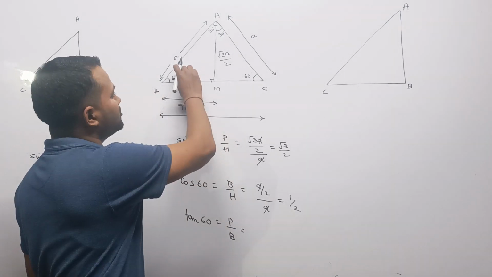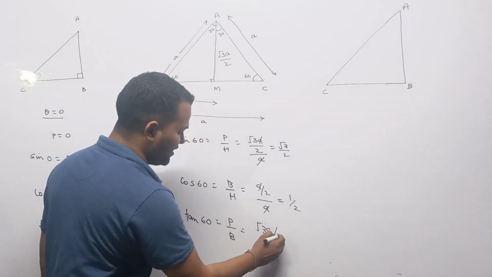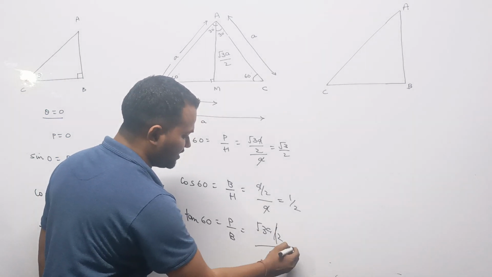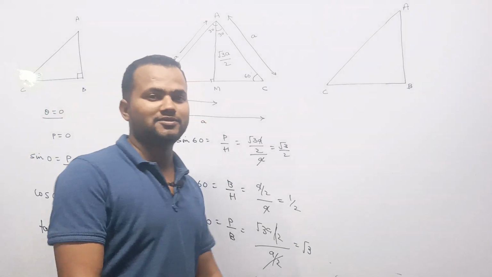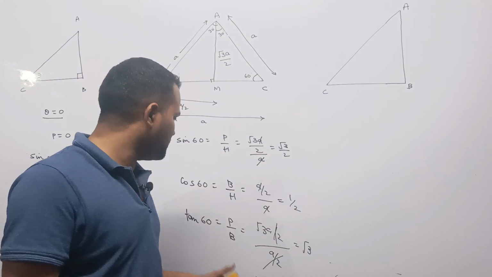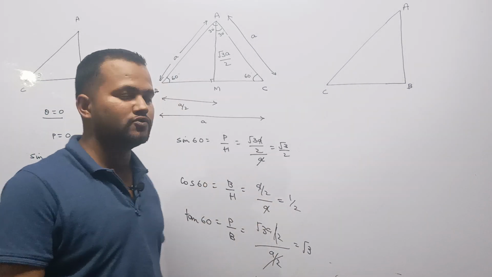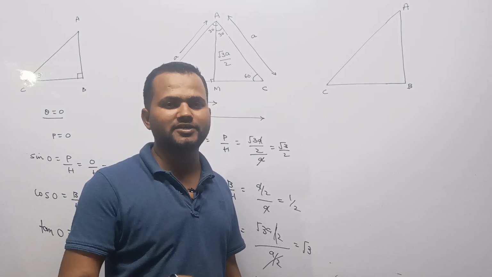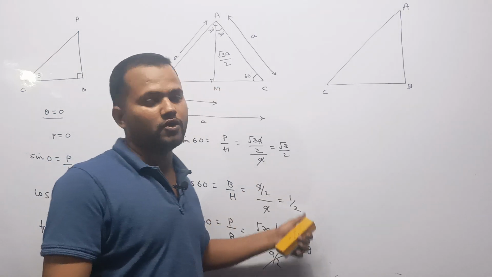Perpendicular for this 60 degree is root 3a by 2, and base will be a by 2. Both a by 2 will be cancelled and it will have the value root 3. That's why the value of sin 60 degree comes out to be root 3 by 2, the value of cos 60 is 1 by 2, and the value of tan 60 degree comes out to be root 3. Similarly, the values of other t ratios for angle theta equal to 60 degree can be found out by following